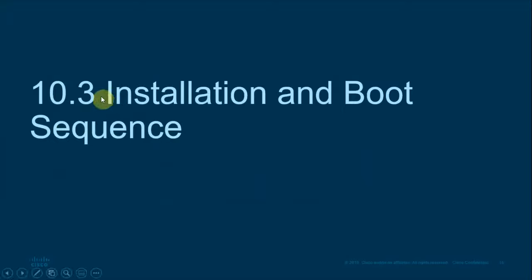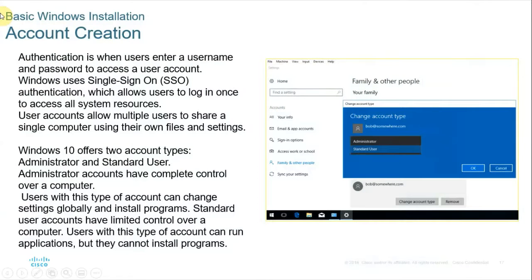And the last section is 10.3, installation and boot sequence. When you want to install your operating system, what boot sequence is there, how we need to arrange it. As soon as you install it, it will ask you for account creation. It may be Windows single sign-on. You need a Microsoft account to sign in. For the installation, you need to have Windows 10